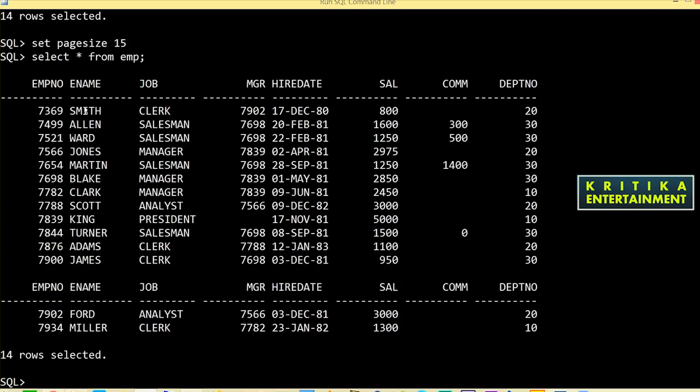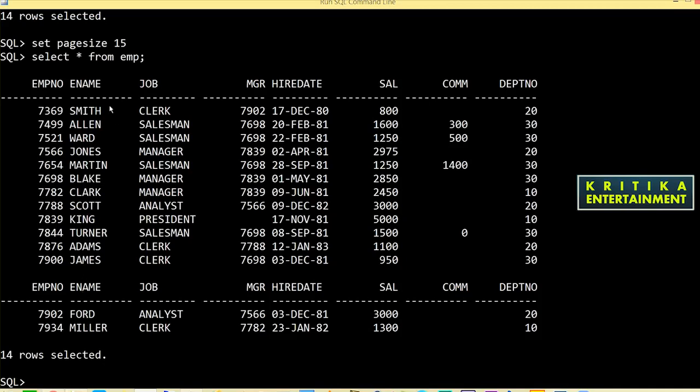So we count: 1, 2, Smith is 2, Allen 3, 4, 5, 6, 7, 8, 9, 10, 11, 12, 13, 14, 15. If you want these records to be stored in one page, then count how many values you need to write. 1 through 13, then 14 and 15.